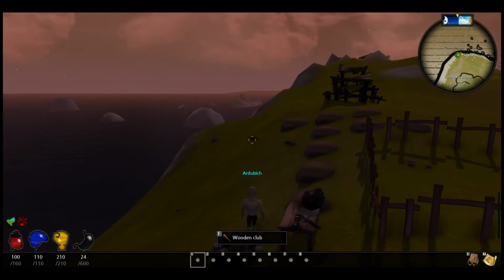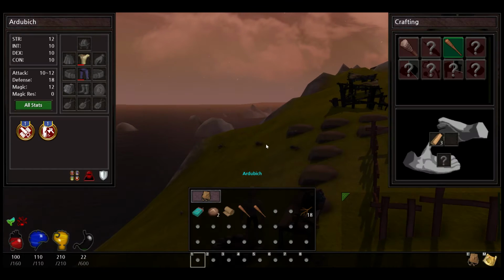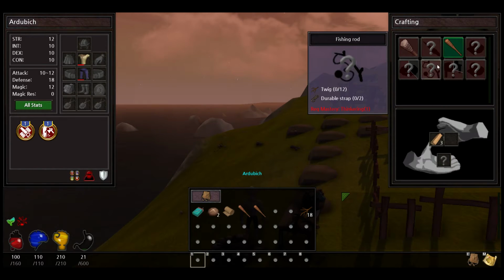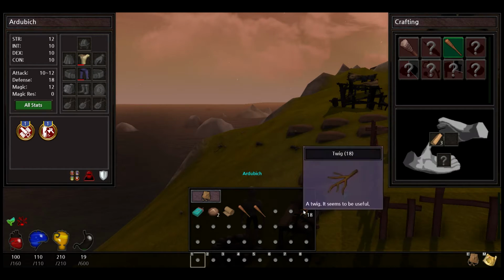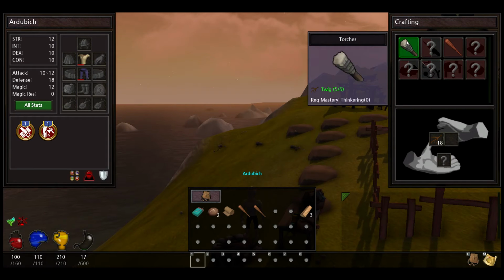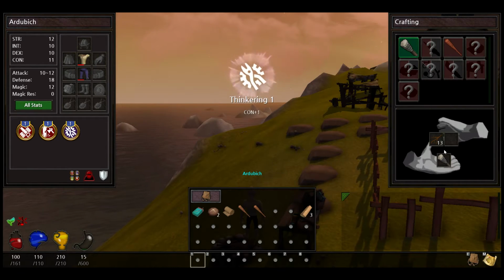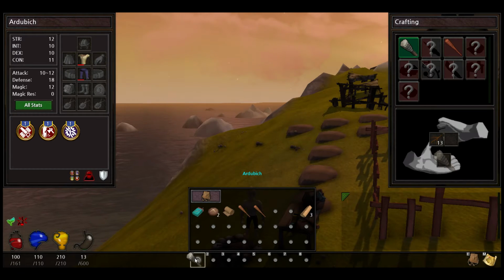I want to make another club because I want to be able to make the fishing rod. The fishing rod is very useful as far as staying alive. I'll need to find some durable straps. You get the durable straps from vines. That and our torch ended up burning up last night anyway, so...